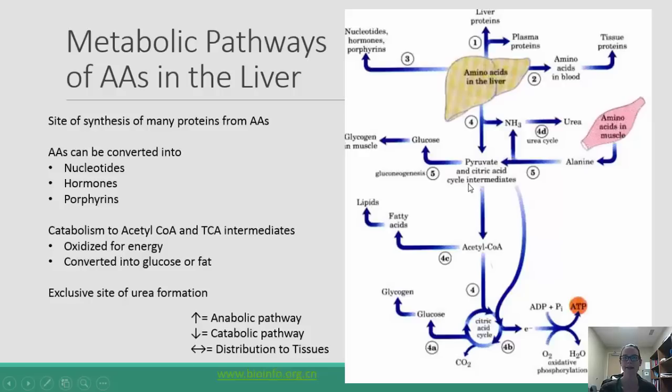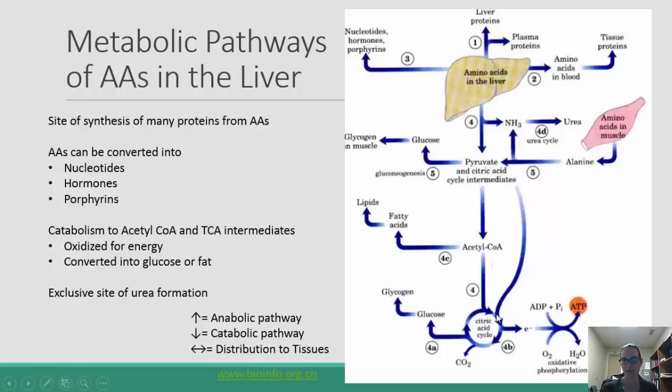Now, once the glucogenic amino acids have been converted to pyruvate, then that can serve as a precursor for gluconeogenesis. The pyruvate can also be converted to acetyl-CoA, which can then be used to synthesize fatty acids,